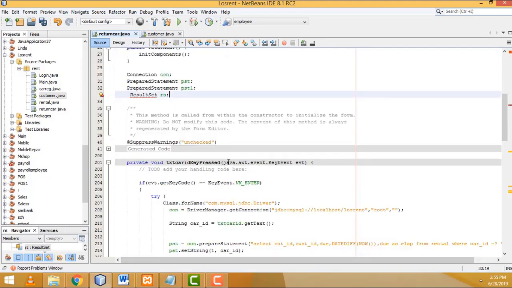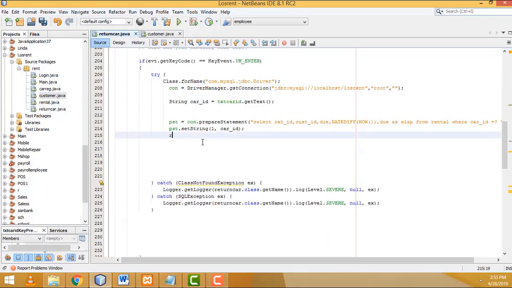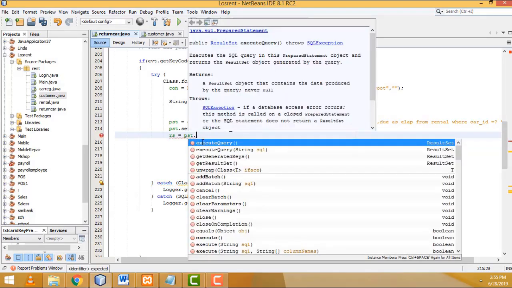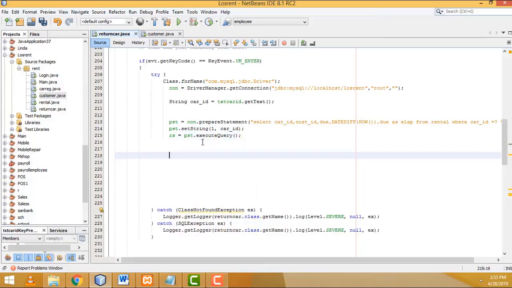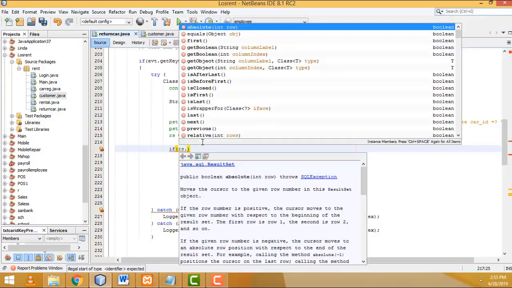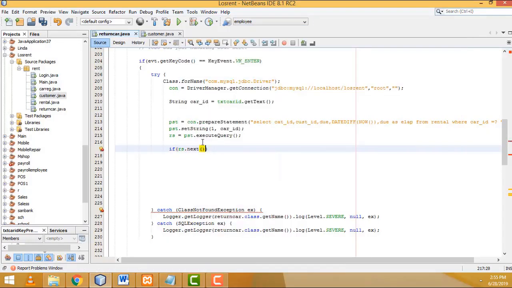Add the import the namespace. After that you have to write rs equal pst dot execute query, right. Now here we have to write like this: if rs dot next is false,